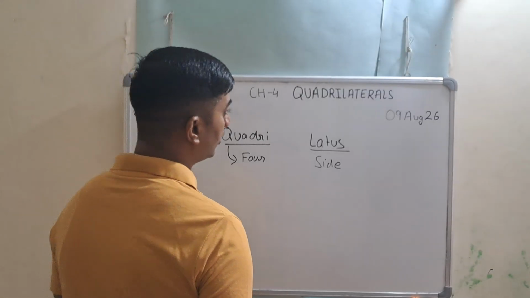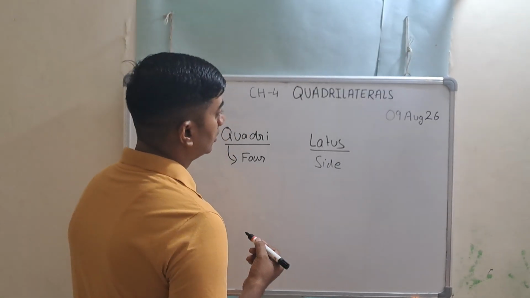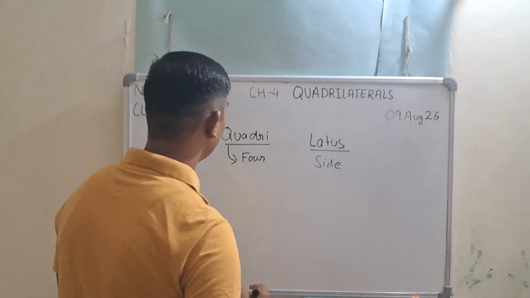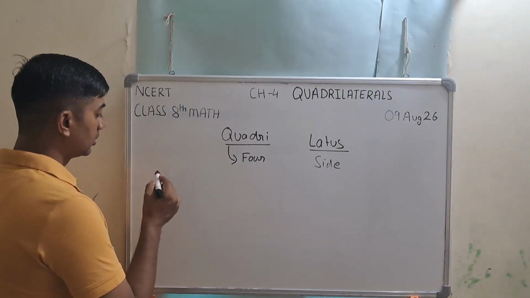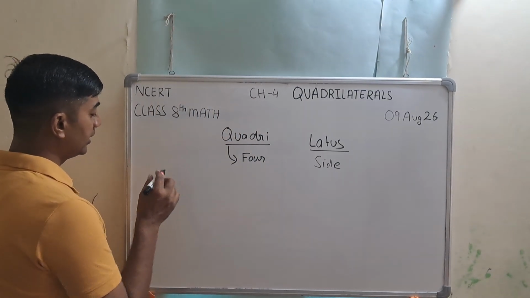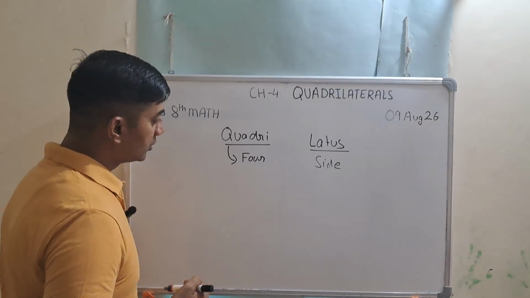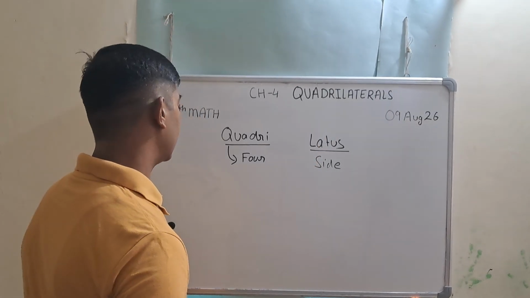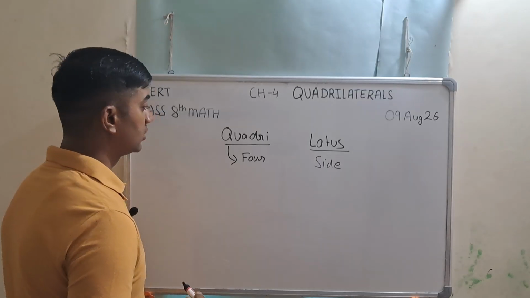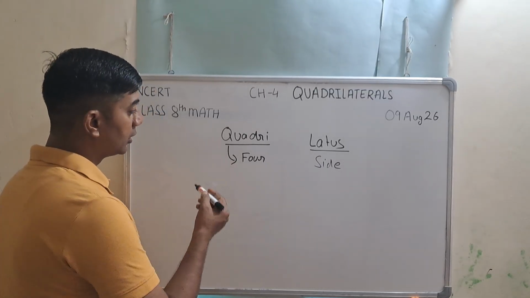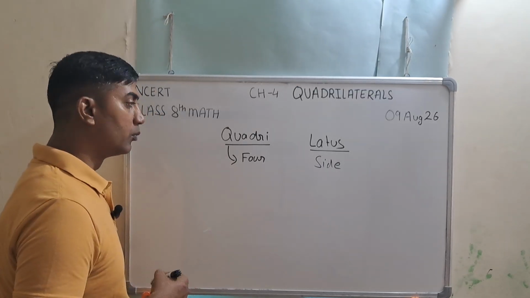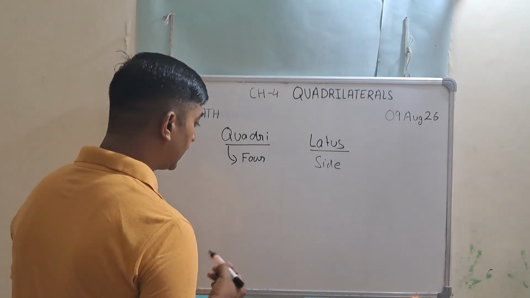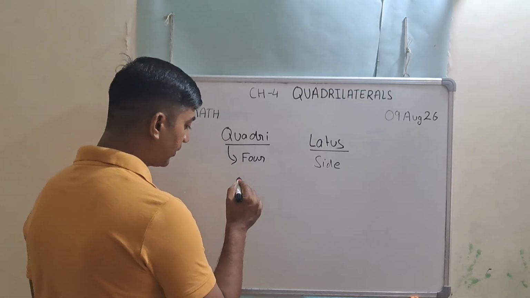So we will study about the figures which have four sides. Till now what we have studied, you are already aware about the figures of four sides, and some particular figures of four sides. Now we will study some more facts about those figures. So if we have a geometrical figure which is having four sides,